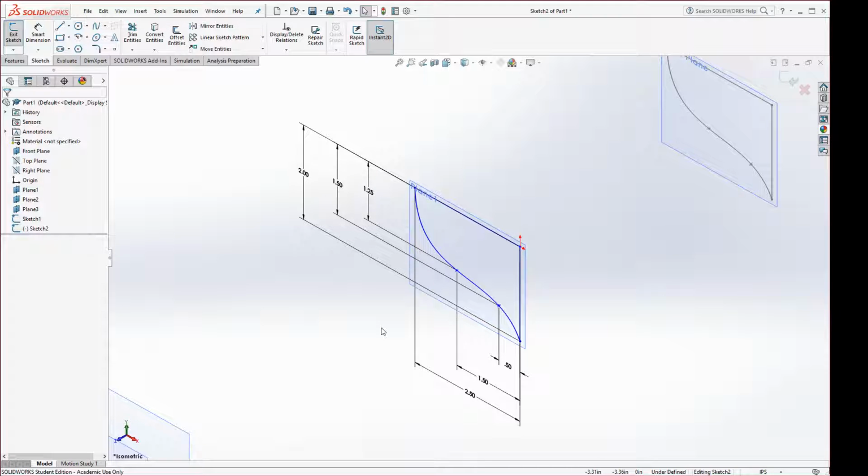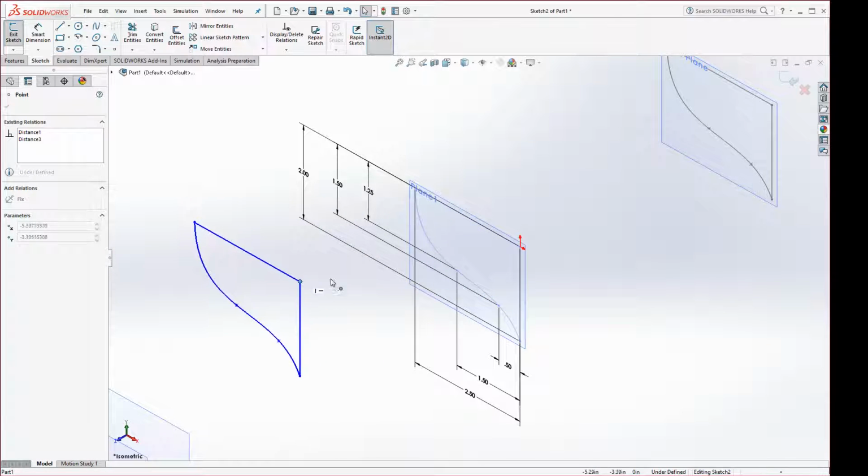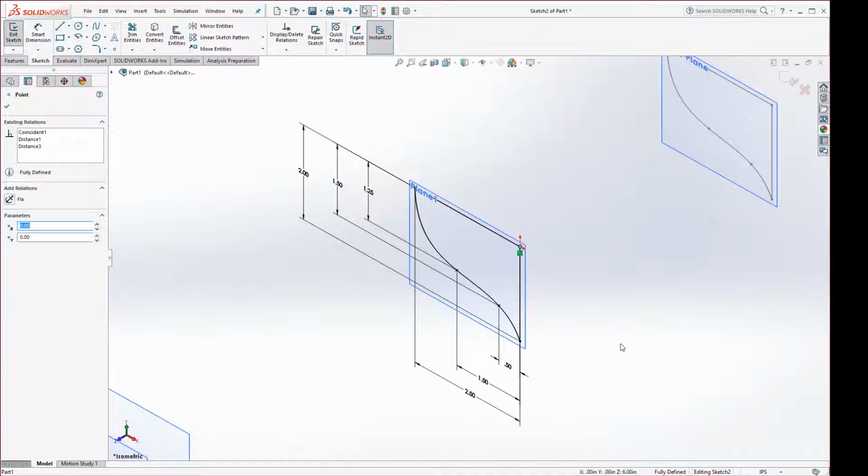Now, one thing you'll notice, all the dimensions carried over, and it seems to be in position. However, it's blue. Blue means it's underdefined, and we could even see that down below here. So when it's blue like that, essentially what it did, it lost something. It lost one of the dimensions or relations from the original sketch. And I'll tell you right now what it is. It was unable to re-lock into the origin, because now that it's an offset from the original plane, that relationship is missing or gone now. So all you do is grab this point, drag this far away, and reattach it. And I'm just holding the left mouse button as I do that. And once you reattach it, it'll turn black. That means it's fully defined. We just needed to reestablish this